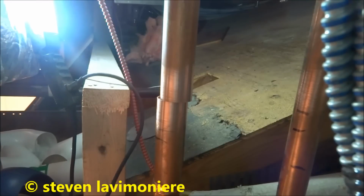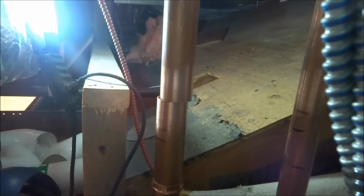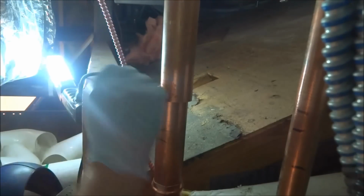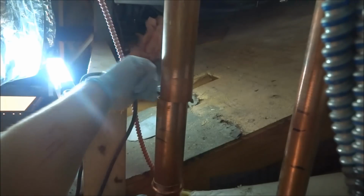Feel the burn, y'all. Steve's a real working man, y'all. All right, let's see if I get a little bit of pipe, a little bit of flux on there, and see if we get it together. If we get it together, I'm gonna wet rag the rubber joints so I don't cook them. I don't think I will, but